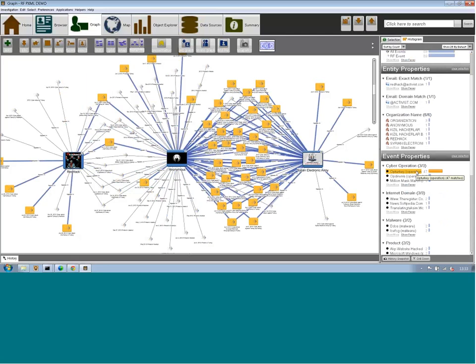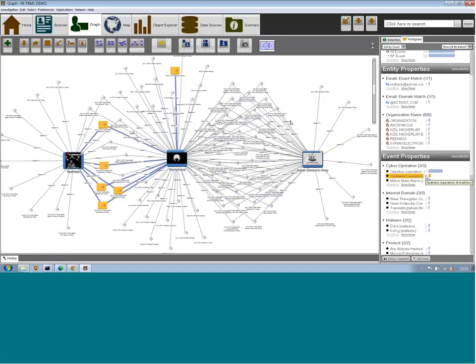But I can also scroll down here and take a look at some of these other events. Op Jurenis, which was that physical protest that both RedHack and Anonymous collaborated on. Obviously, it makes sense to see over here that they're both links to those events. Now, from this view,